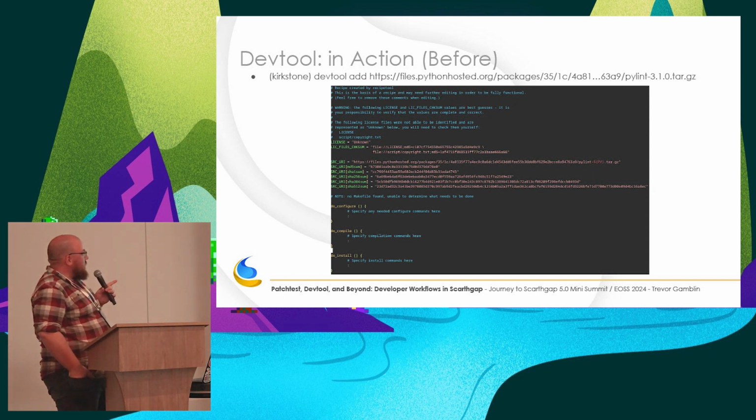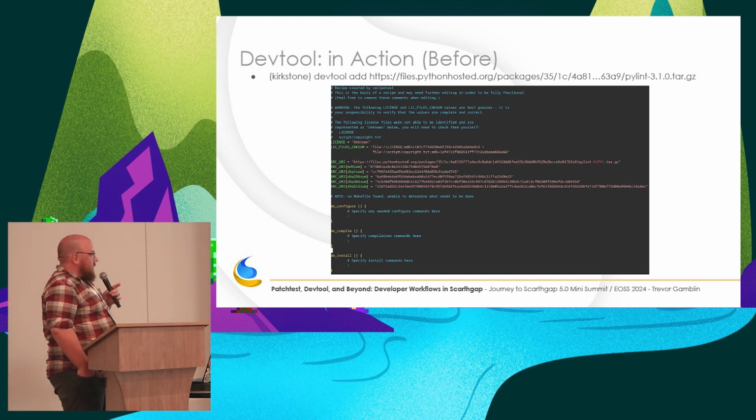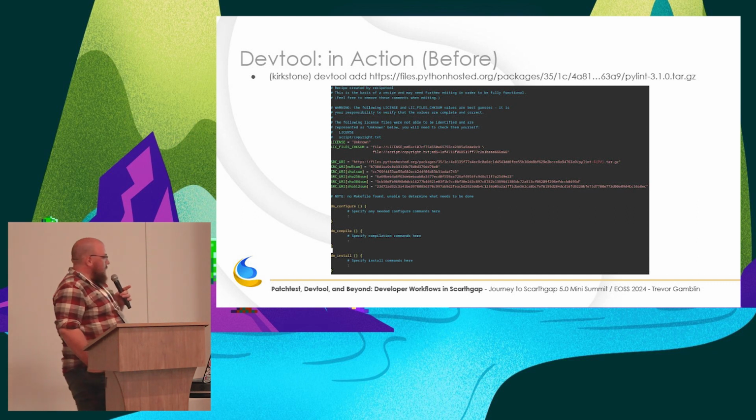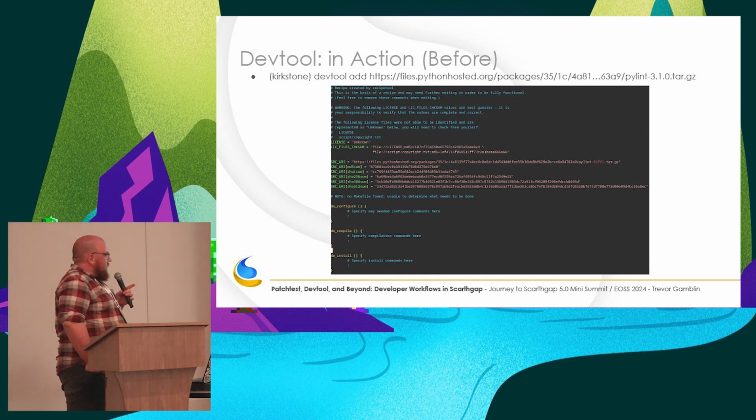These are screenshots. In this case, I checked out the Kirkstone branch and then did a devtool add with the tarball URL for pilot on the PyPI website. And this is what it output and put as a recipe file. So you can see the basics of what you'd expect for a recipe there. There's a little bit about the license, the source URI, but really,